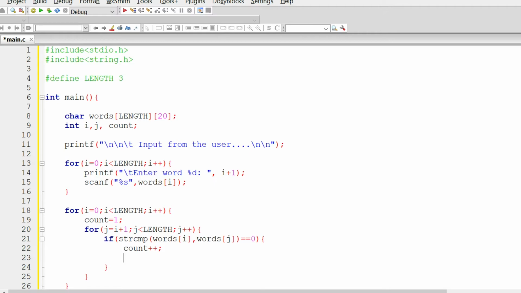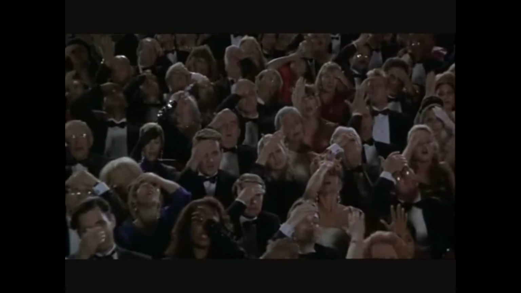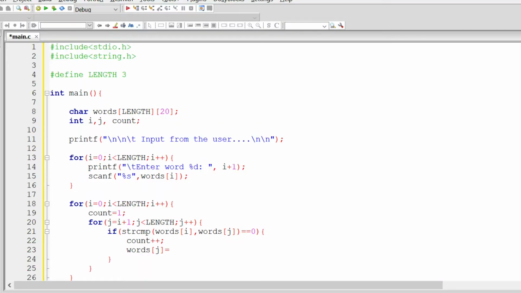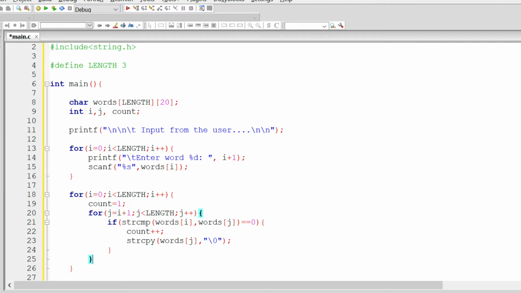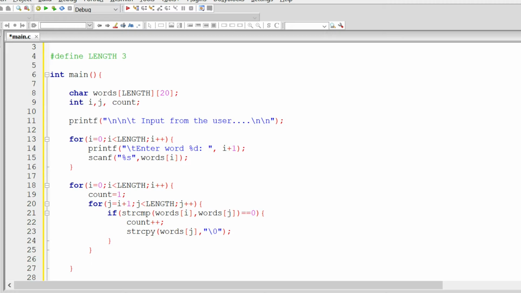And we are also going to reassign the words at index j to avoid duplication, so words at index j equal. And as you know, we cannot assign strings like that, so we have to use the string copy function. So strcpy words at j, and we are going to assign it with a null terminator. Now here we are going to check whether words at index i is blank or not.